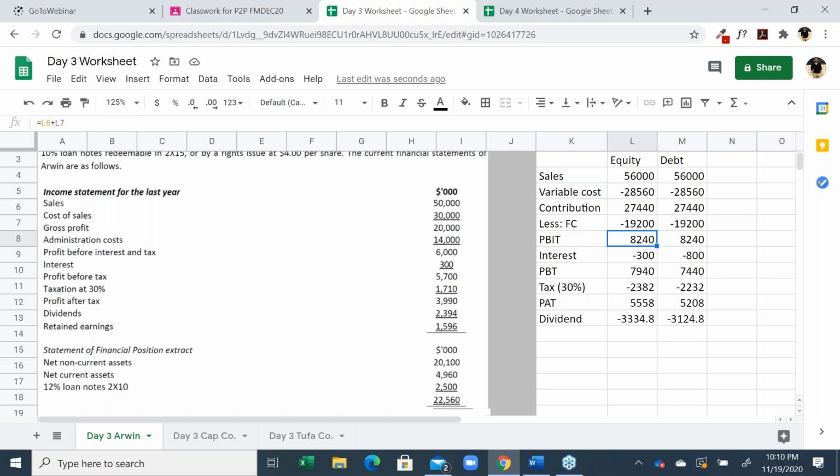Yes, it's correct. What's wrong with the fixed cost? It includes both fixed cost of sale and administration cost. And the retained profits will be